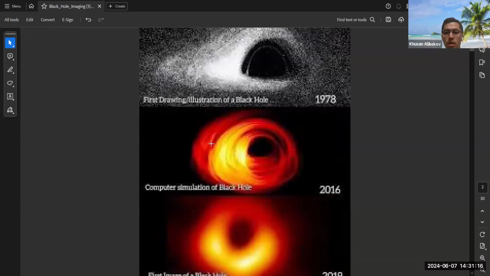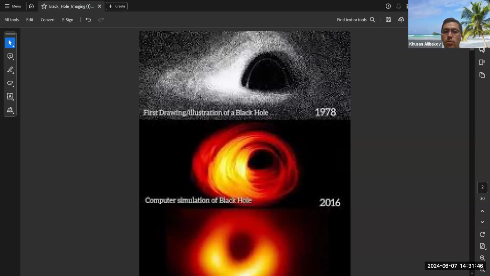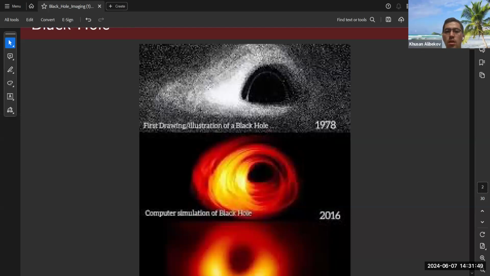We know that black hole imaging is a popular research area in astrophysics. From 1988, people like Luminant have tried to create simulations using computational methods. You can see in the top right of the image the first simulated black hole image created by Luminant, and after that,